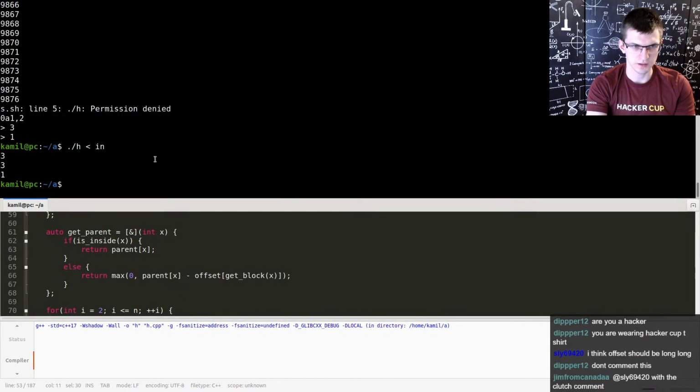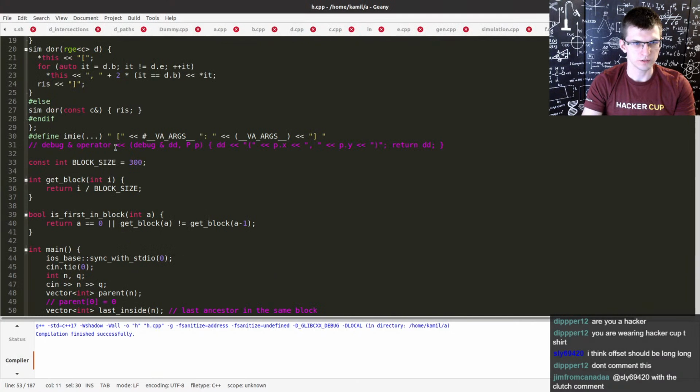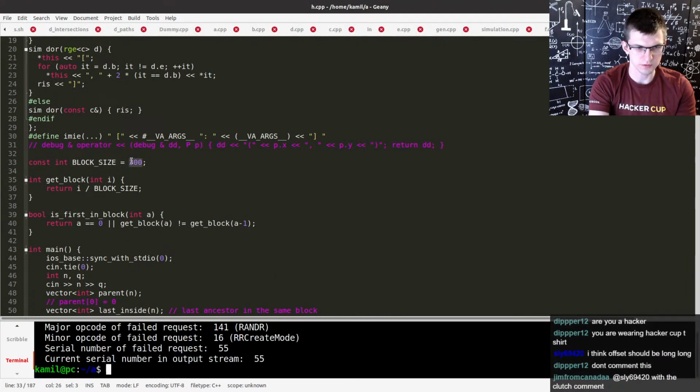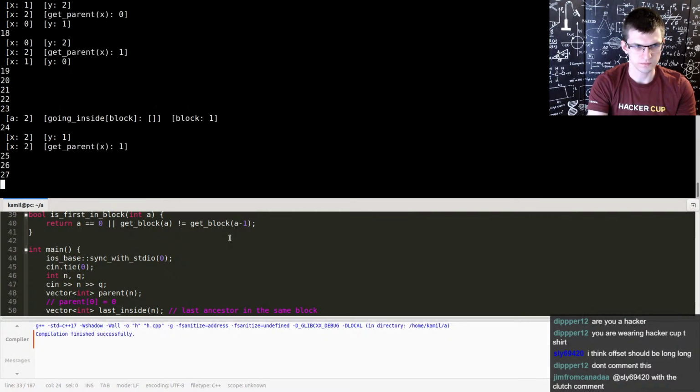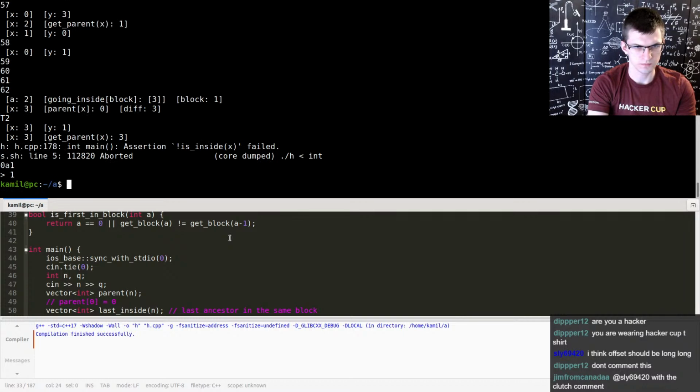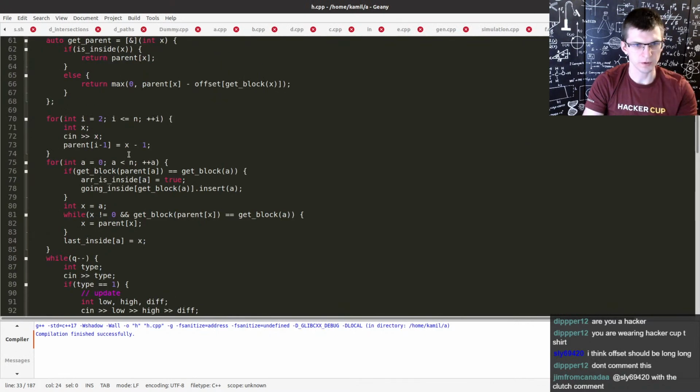Let's do it like that. And now this. What about the same with block size equal to 2? Oh, I didn't want to do this. Assertion is inside failed, because I'm not updating that, right? Yeah, when I erase,